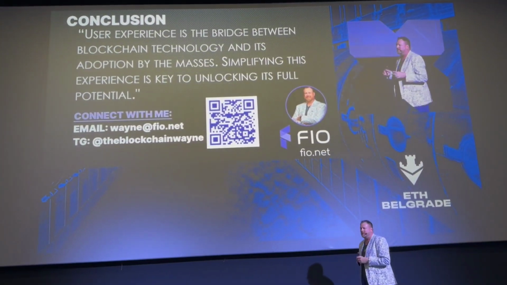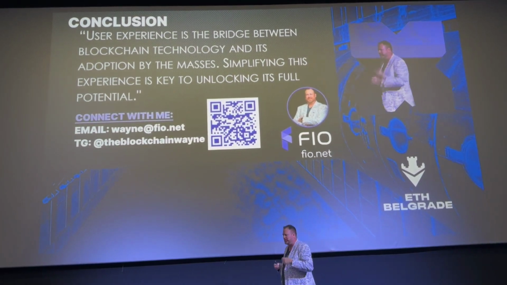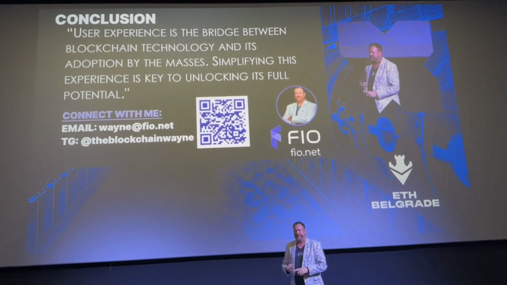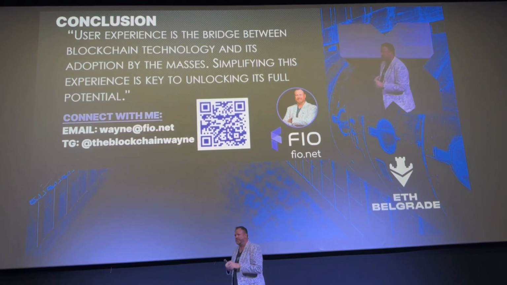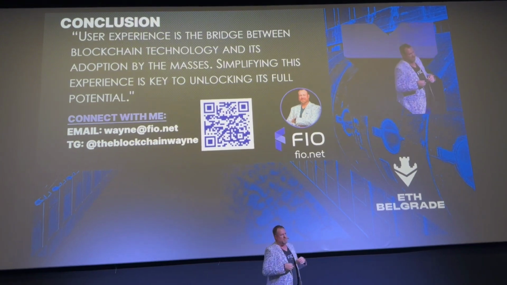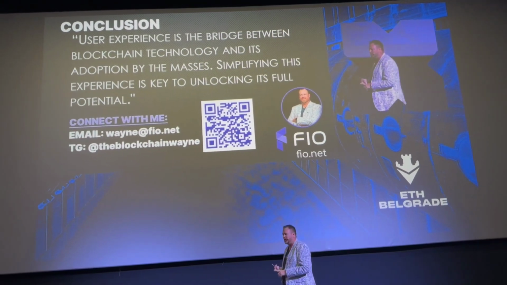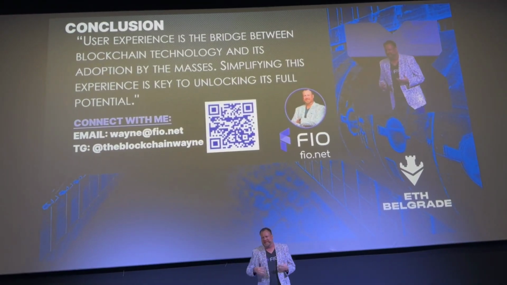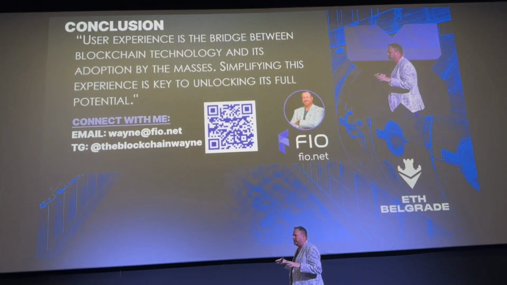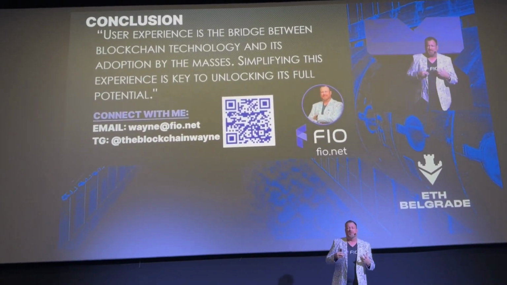As I mentioned, we've got to make this easier. Everybody in this room has gone through the friction points. We've gone through those hurdles and barriers of understanding this technology. We wrote down the seed phrases. We made sure we put in multiple copies. We teach people not to just copy and paste it on your phone or save it to a notepad. Wallet addresses: what do we tell everybody? Either check all the letters and numbers, or check the last four and the first four, or do a test send. And all of those options are not going to get us to mass adoption. We've got to get to where we hide all those elements that make it hard for people and make it easier. So it's up to everyone here to do that.